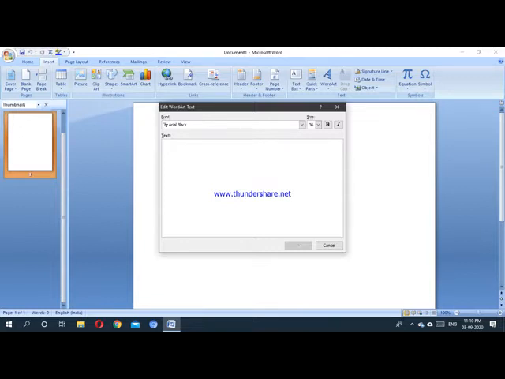Now type the text. Caps lock on, then type our school name. I am using the on-screen keyboard.